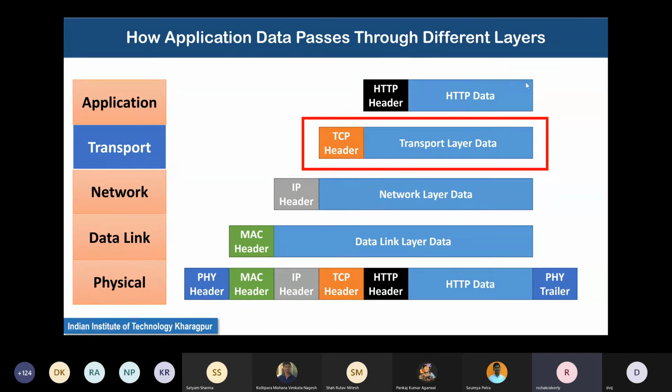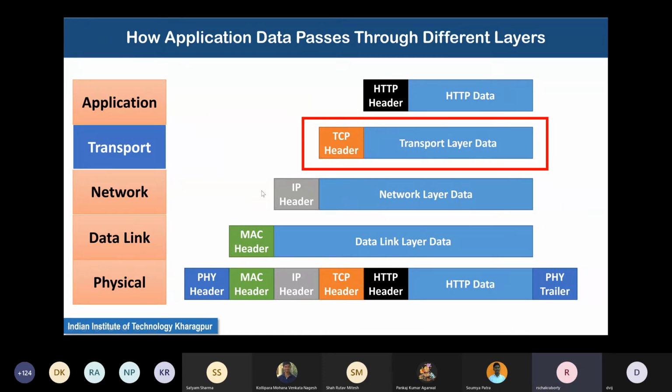See, the transport layer data is exactly the length of the application layer packet. Okay, so this entire application layer packet actually becomes the transport layer data over which a header is added. Then that entire thing becomes the network layer data over which an IP header is added.